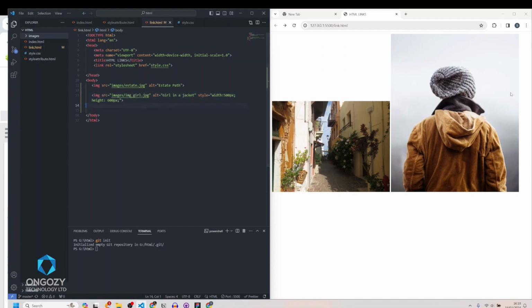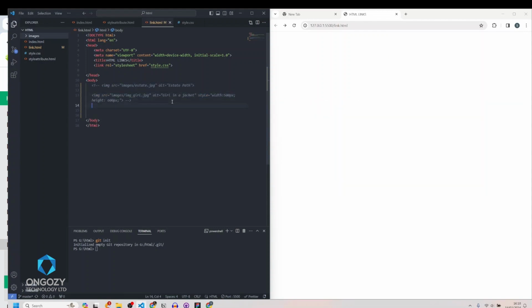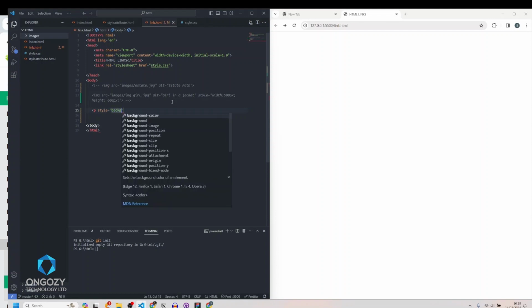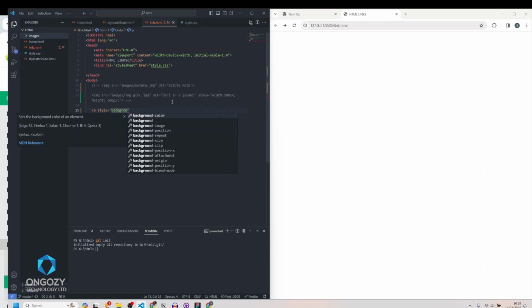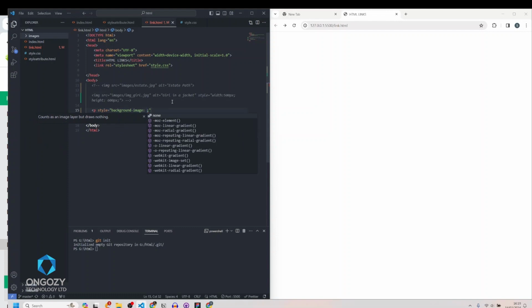The next thing we are going to look at is the HTML background image. To add a background image on an HTML element, use the HTML style attribute and the CSS background-image property. Let us go ahead and comment out these images we have here. Let us write background. Our style is background, and then background-image URL